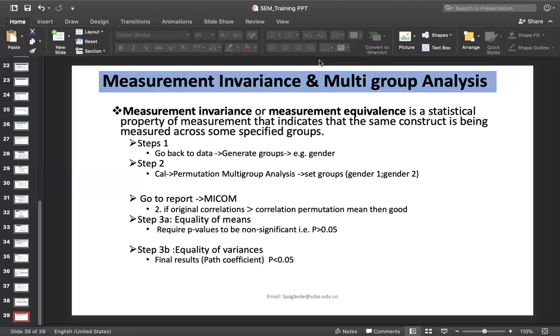The multi-group analysis and measurement invariance, they go hand in hand, you know? You can see we only perform one analysis. First of all, the respondents must be consistent in answering the questions before you can even check if there's a difference in the groupings. What I mean by that is, first of all, you check the measurement invariance, because you want to establish that the specified groups are interpreting the indicators in the same way.